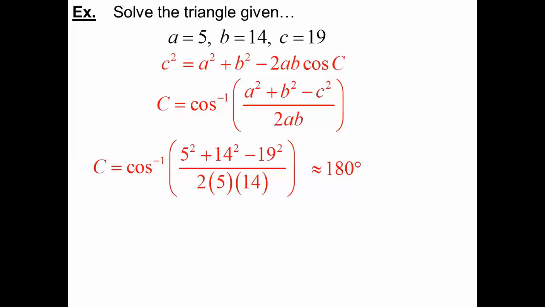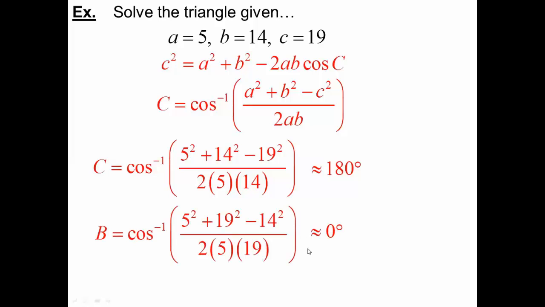Let's think about that for a second. Can you have an angle equal to 180 degrees? If it's a triangle, that ain't possible. Because, of course, if I were not to realize what's going on and I kept going, my next one would come out to 0 degrees. And for that matter, the last angle would be 0 degrees. This doesn't make sense. Now, if you were paying attention to the very beginning, and you remembered a theorem way back from geometry,